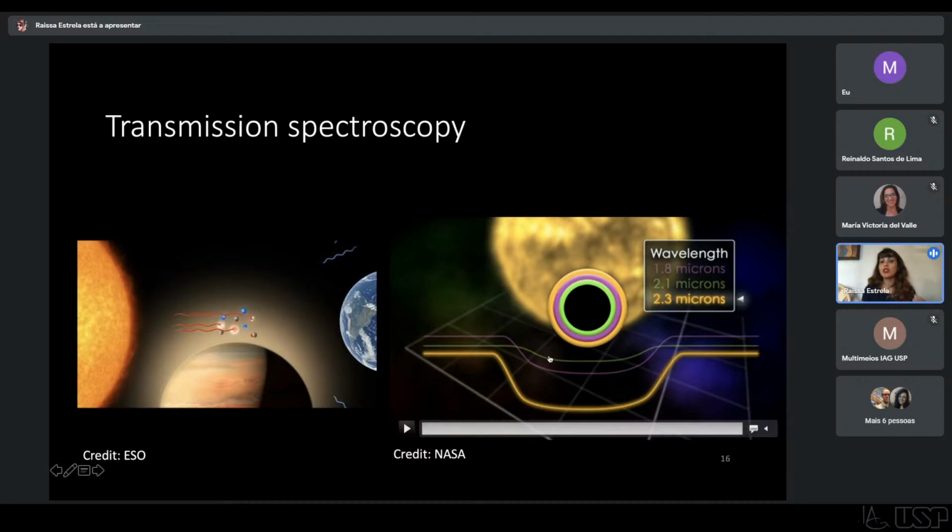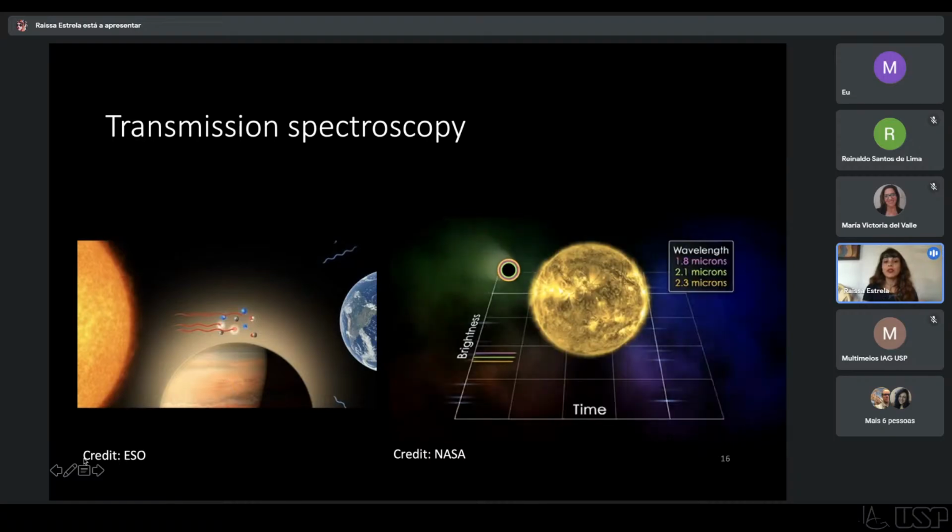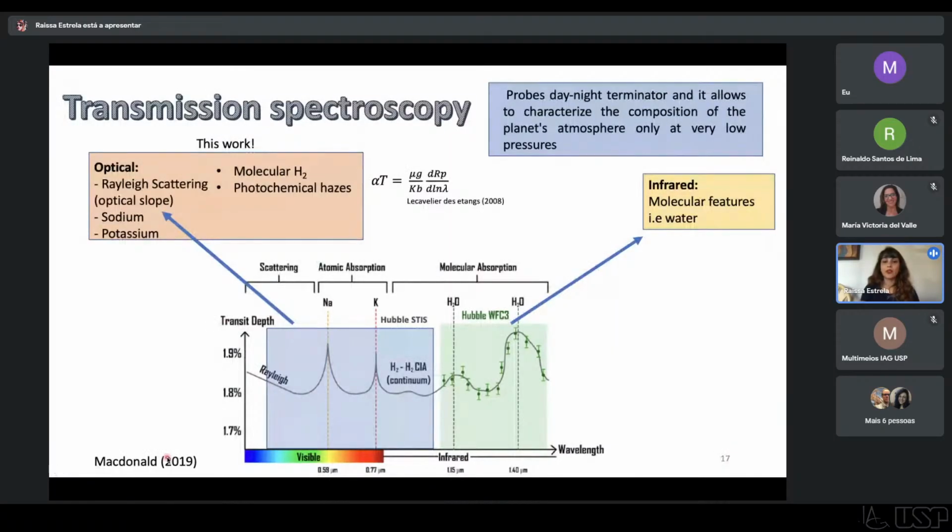So we see this change in the transit depth as a function of wavelength. So this creates what we call transmission spectra, and you can see here the transit depth variation as a function of wavelength. So with this transmission spectra, we can access different information of the exoplanet atmosphere. In the visible, we can see signs of haze, which can induce Rayleigh scattering. We can also see signs of atomic absorption, and we can also see signs of molecular absorption like water, methane